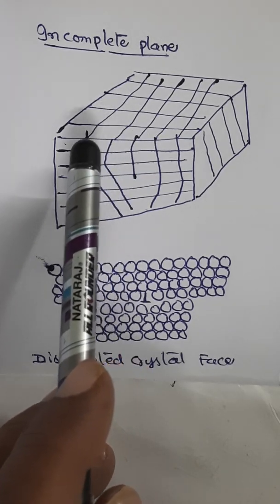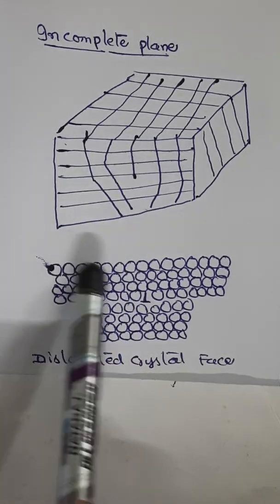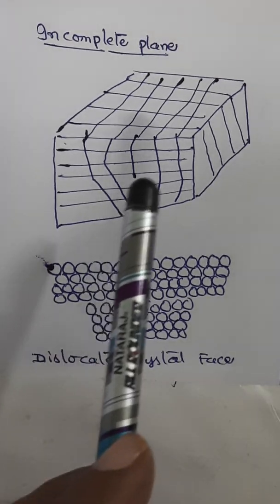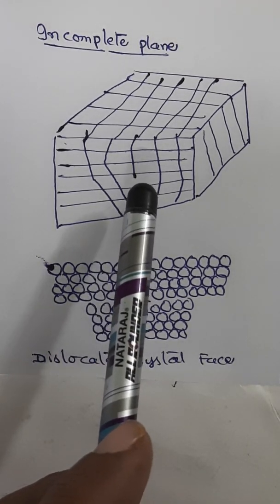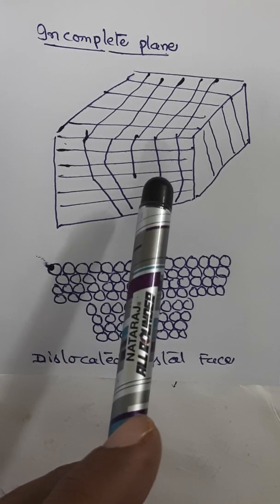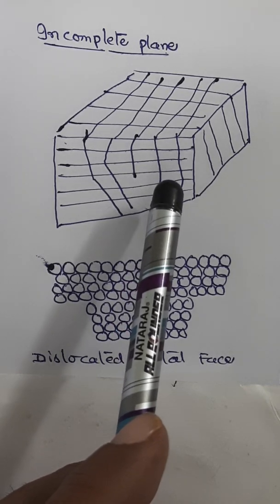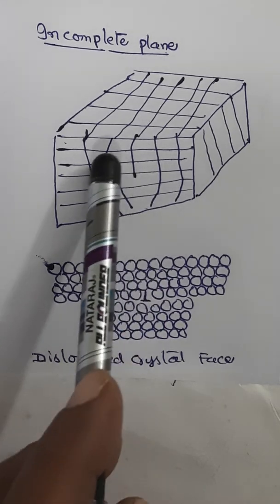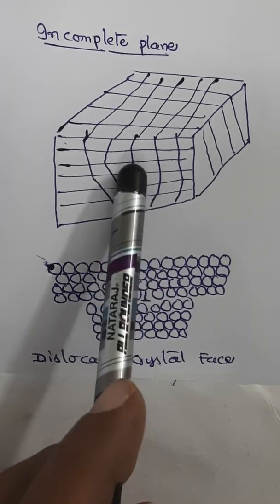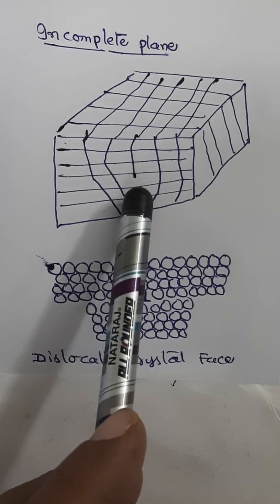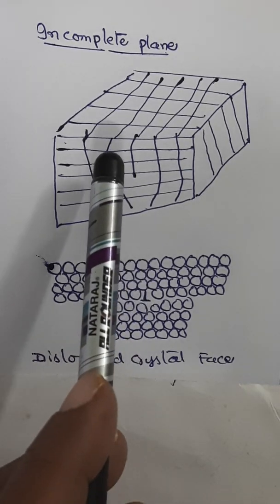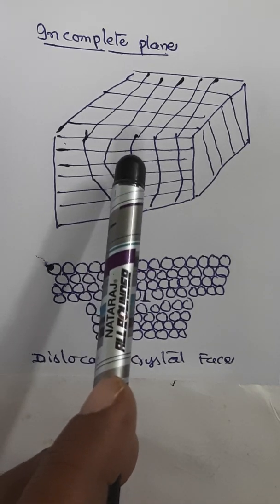This is the perfect crystal shown. This is a structure with a dislocation shown. If you see this diagram, compared to the previous diagram, which we saw as a perfect crystal, one of the vertical planes does not extend from top to bottom of the crystal but ends part way within the crystal. That means a discontinuity or a dislocation is present along the edge of the vertical plane.